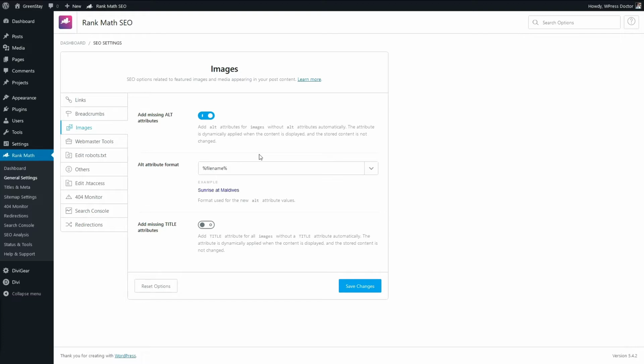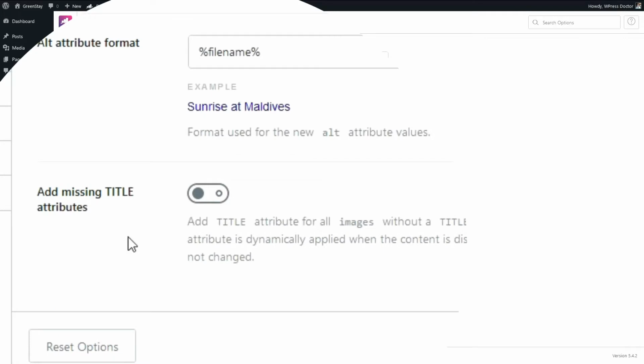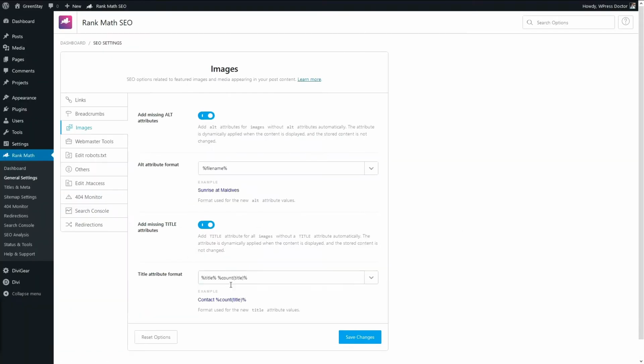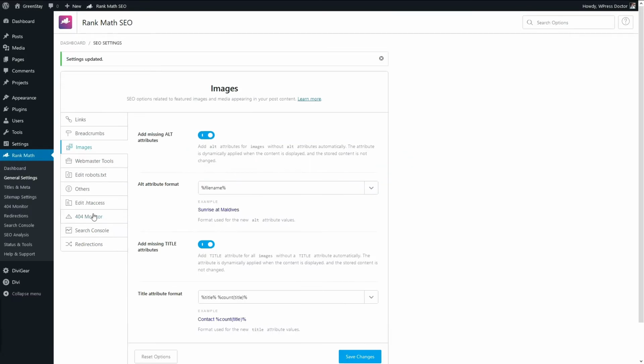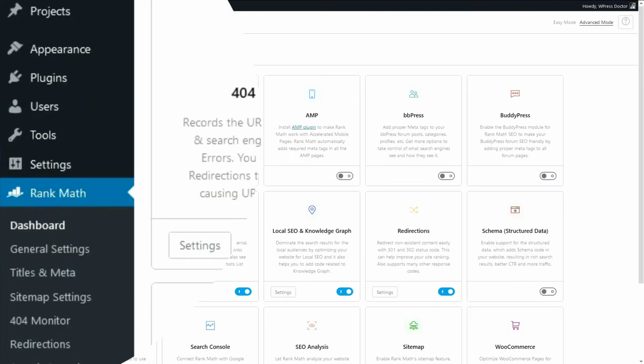Now this is very important for your SEO. Why? Because you have to tell Google what's in the image. Of course they can see the image, and the AI is very intelligent, so they could really find out what this image is about. But it's also necessary that we add the alt text manually. And if you don't, this little thing will make sure that it will be automatically added. You can add this also, because it is also great. Save changes. And then we go back to the dashboard to see all the modules.